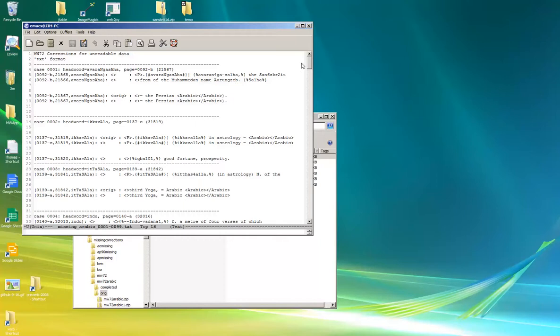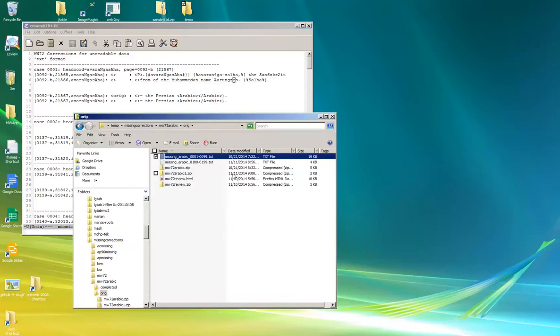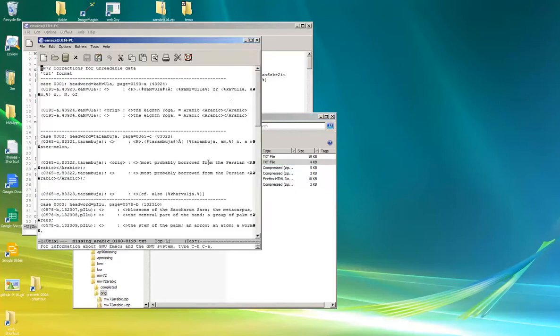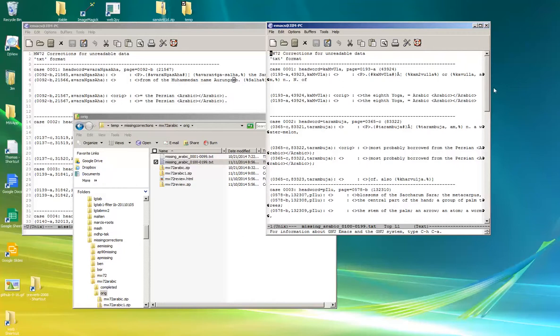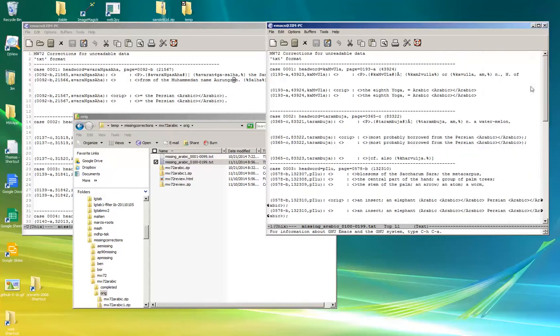Now I want to show you the second batch. There's a difference in the second batch that's very subtle. Here's the second batch. I'm going to open it up just by double-clicking and opening it up in my Emacs editor. Now take a close look at this first line in this second batch. You see here there's not just this broken bar there, but there's also that funny looking thing with a hat on it, a capital A with a hat